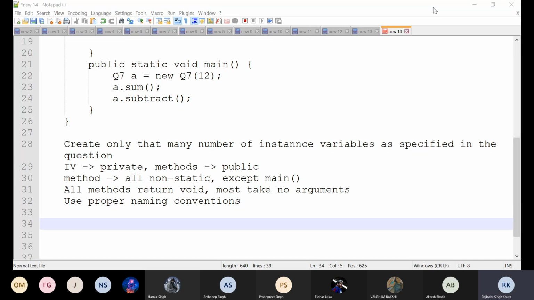But if I ask you, what is the name of your school? The name of your school is St. Stephen's School, Chandigarh. Now, don't you think St. Stephen's School Chandigarh does not belong to Tushar alone? It also belongs to Pratik. It also belongs to Jivanjot. It also belongs to Harnoor. It also belongs to Prapreet Singh. Aren't they different for everyone? Do you understand this, Tushar? Yes, sir. Okay. So the values which are common to all the objects,